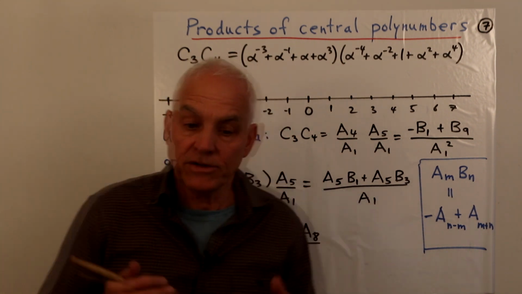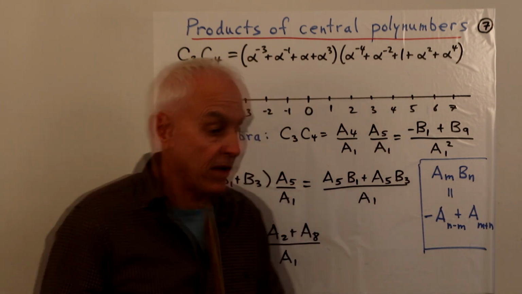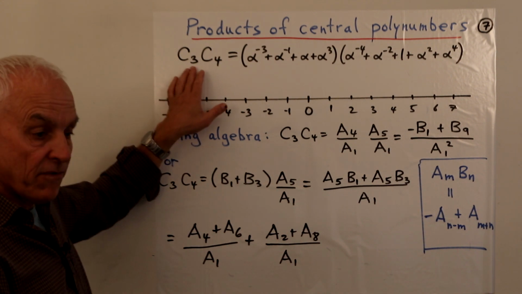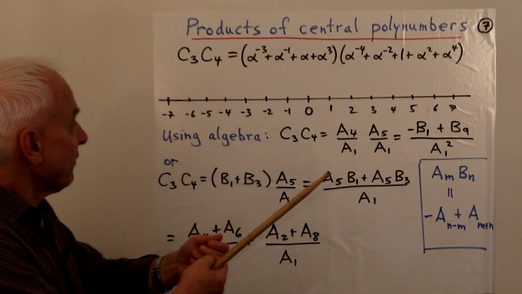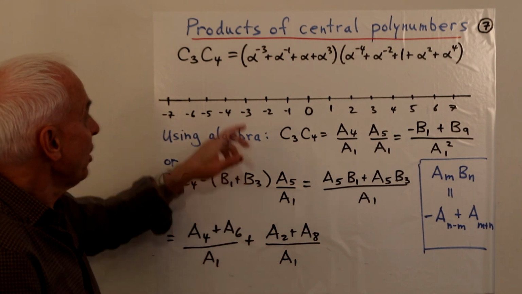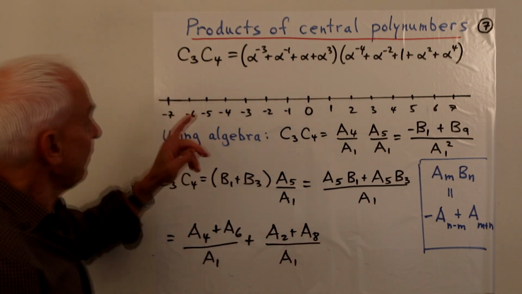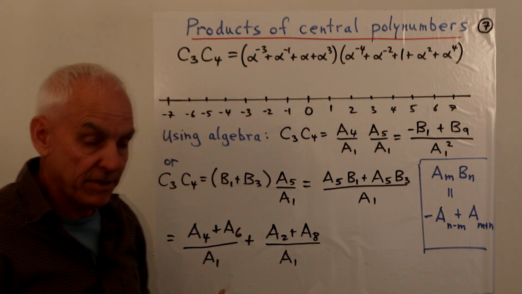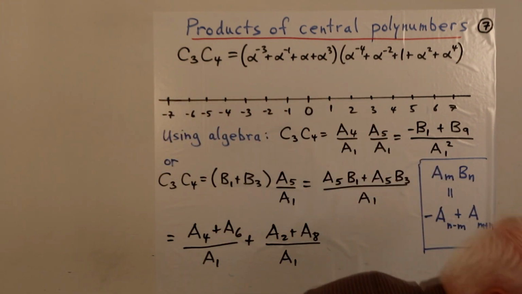And it turns out here then we can make some contact with just the algebra of central polynumbers, because for SU2, if we go back to that, the characters are all of the form C sub n, okay? And so a typical kind of tensor product calculation would be to multiply two of these things and ask, what do we get? So what do we get if we take the integral polynumber C3 and multiply it by the integral polynumber C4? Well, I'm going to do that for you here, okay? So let's see what we get.